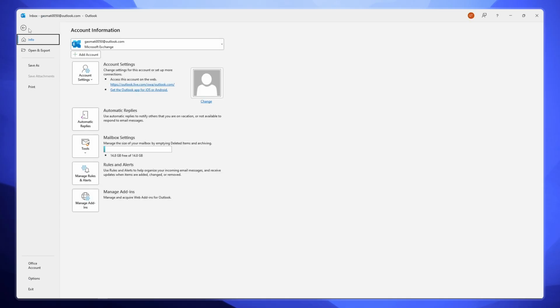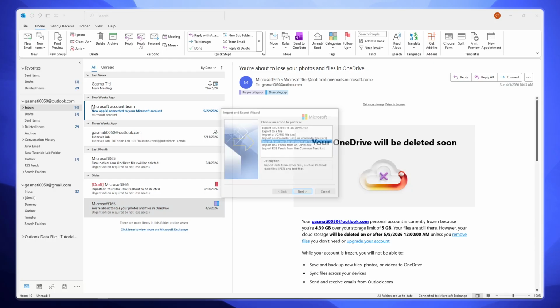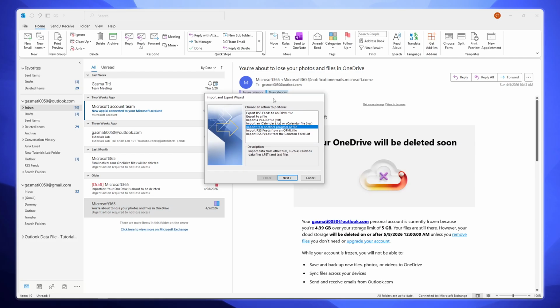After the File menu opens, look for the option labeled Open and Export. Click on it and you'll see the menu expand with additional choices. From this expanded menu, click on the Import/Export option. This will launch the Import and Export wizard window, which is your gateway to creating backup files of your Outlook